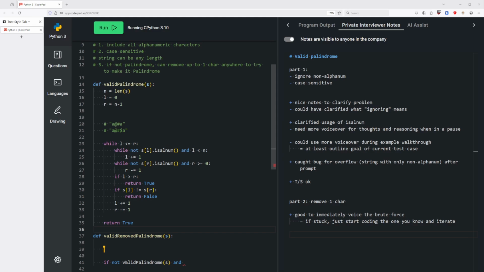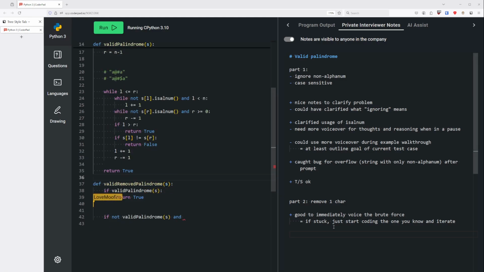So if valid palindrome, just return true. Then I can just return true and get out of that branch. Otherwise, I can